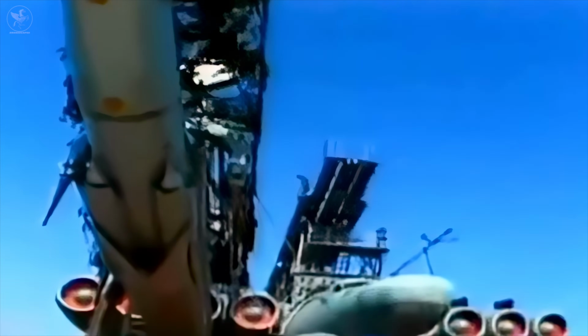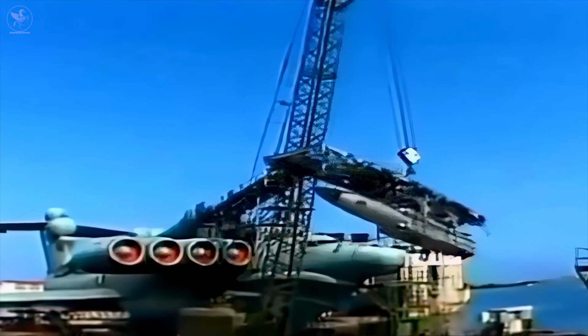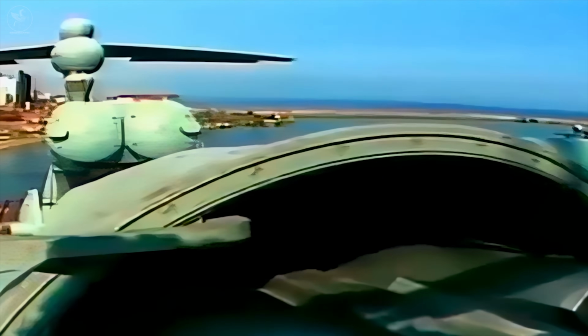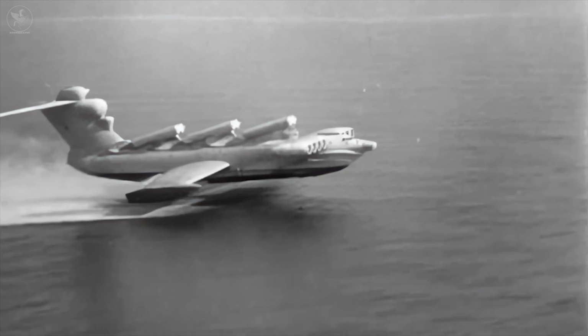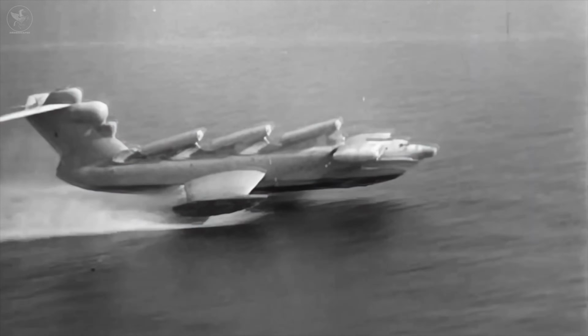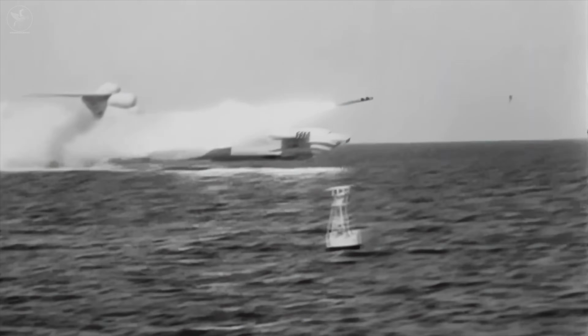The first Lun-class variant was built for surface-to-air combat, featuring 6 missile and rocket launchers mounted on the fuselage to carry the P-270 Mosket-guided missile. Construction was completed in 1987, and the aircraft entered service in 1989 under the designation MD-160. As planned, it operated with the Soviet Navy, patrolling the Caspian Sea as part of the Navy's Caspian Flotilla Division. Western analysts assigned the MD-160 the NATO codename Duck, and it remained an object of fascination for both Eastern